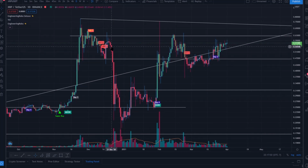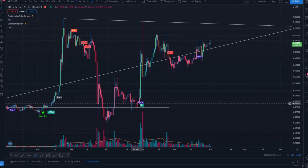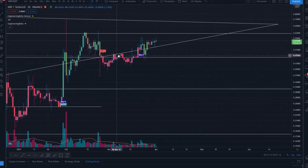Big sell-off all the way past 25 cents, back to 17 cents there. We consolidated for a month and a bit. Buy 4 Moon returned. People got bullish on XRP again, and we started to rally upward. Sell 4 returned as we reaccumulated